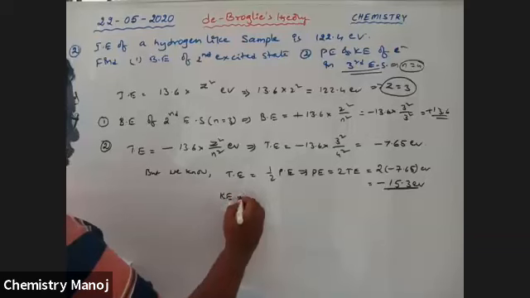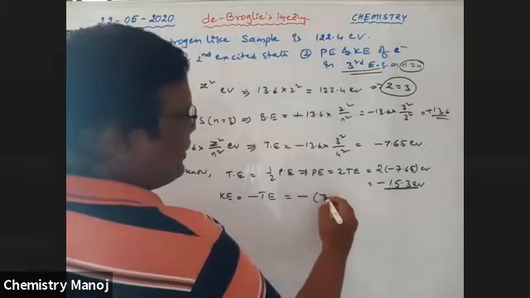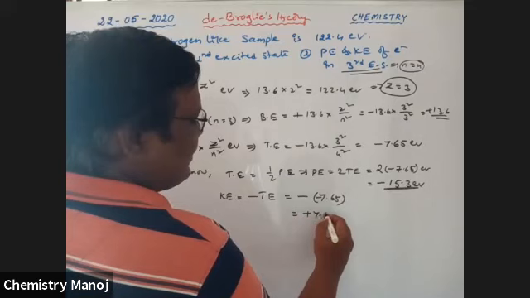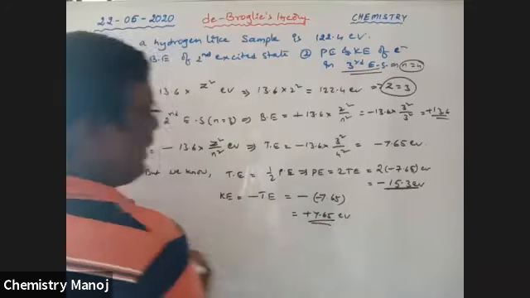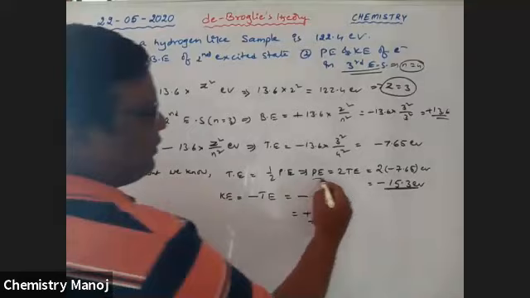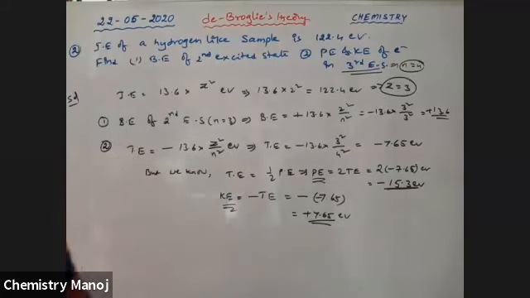Next, kinetic energy is equal to minus total energy. Total energy is minus 7.65, so minus of that is equal to plus 7.65 electron volts, which is the kinetic energy. So by using this way, we are going to calculate binding energy, total energy, potential energy and kinetic energy. These are very, very important models. Next one.